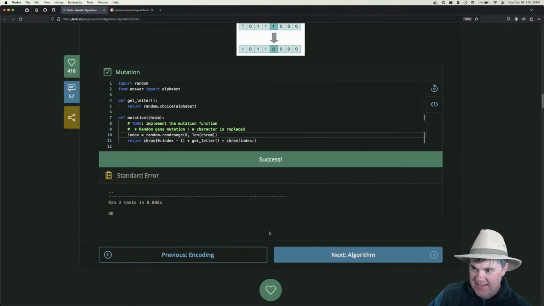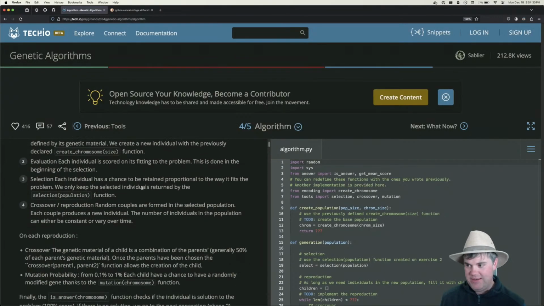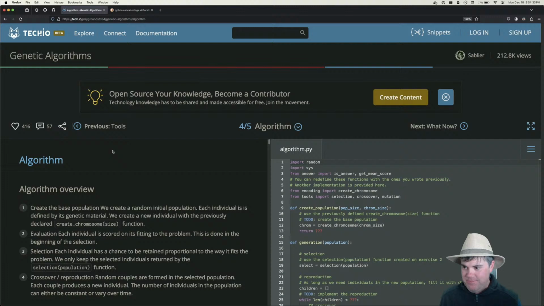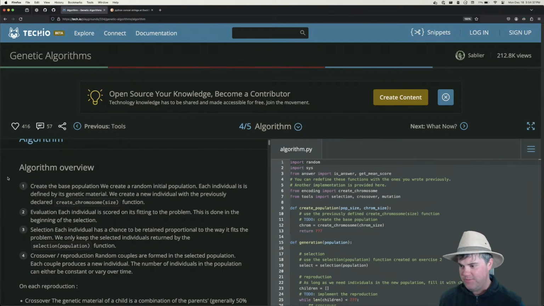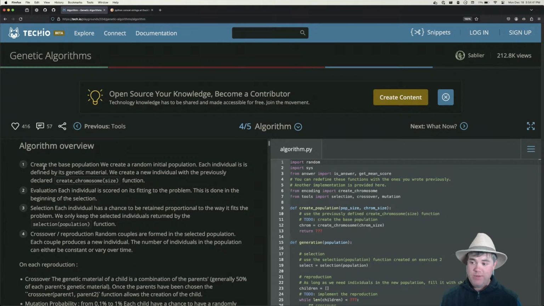Okay, next. So that was all this preparation stuff. We haven't actually done the real stuff yet. Algorithm. Okay, algorithm overview. So step 1, create the base population. We create a random initial population. Kind of like